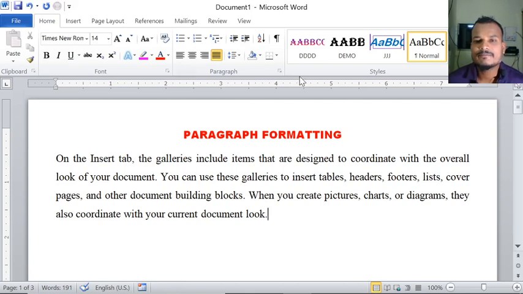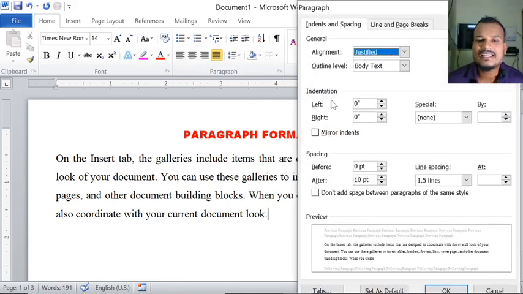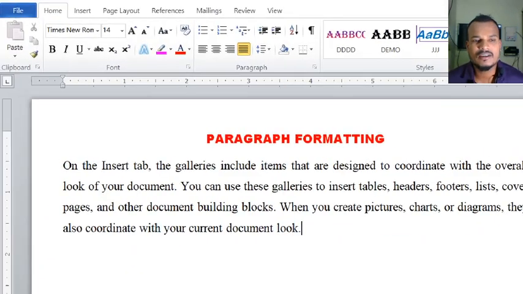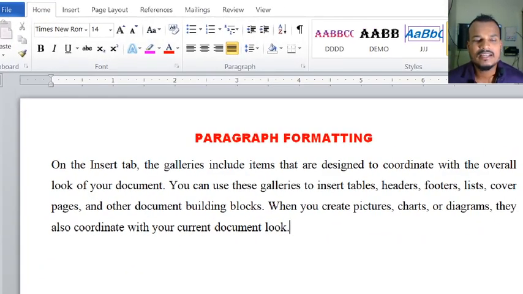Okay, right. So next one is indentation. So what is indentation? We know that in Microsoft Word we have two rulers. This is horizontal and this is vertical.